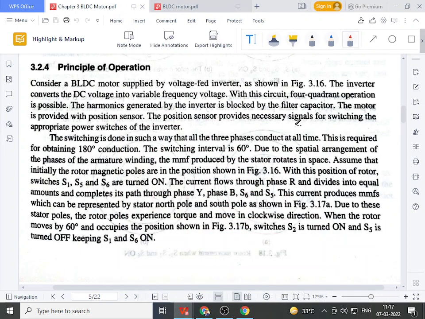Okay, so as we have already discussed in construction, the BLDC motor has a stator winding on its stator. That is, the stator winding is generally stationary, which is also known as the armature winding. The armature winding of a BLDC motor is similar to that of a three-phase induction motor. That means, if you recall the three-phase induction motor stator winding, or simply the three-phase synchronous machine stator winding, then that three-phase winding is generally distributed winding.